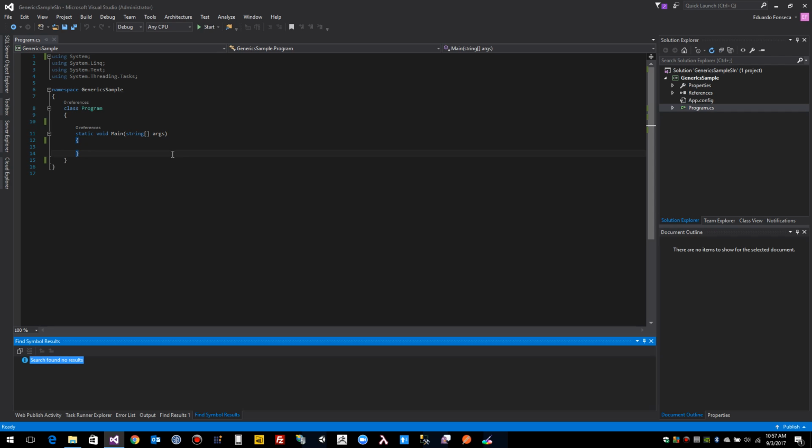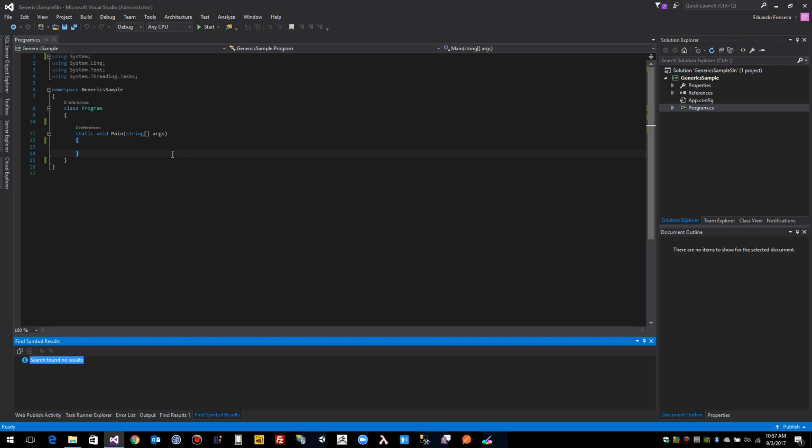This allows you to defer the type declaration until you create an object of that class or you invoke a method of that class. So this means that with generics, you are guaranteed to have compile time